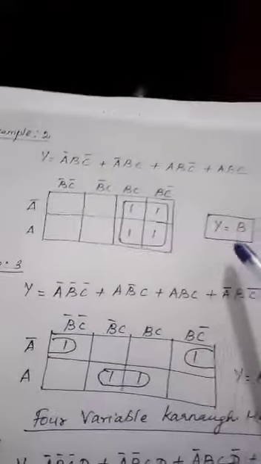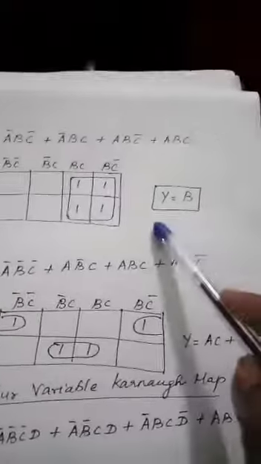So I already told you we can circle 2 ones as 1 subcube, and also we can have 4 ones as 1 single cube. Okay, so the 4 ones have been circled as 1 subcube. Now for this, which term is common? You find it and say here B only is the common term. So the answer is y is equal to B. So this big expression can be simplified by using the Karnaugh map. Now the next example is example 3.